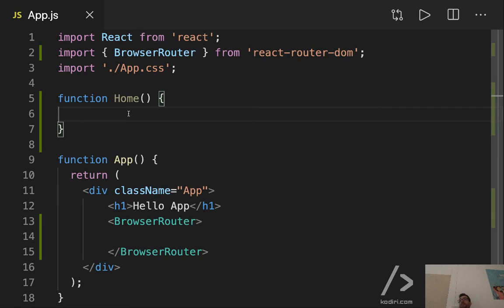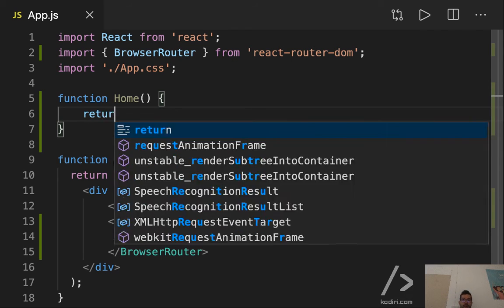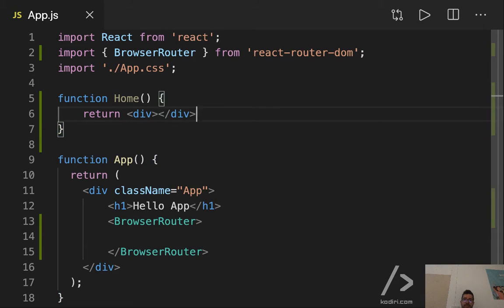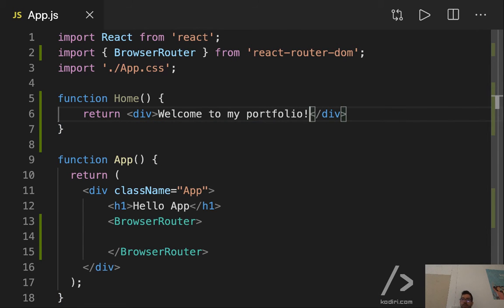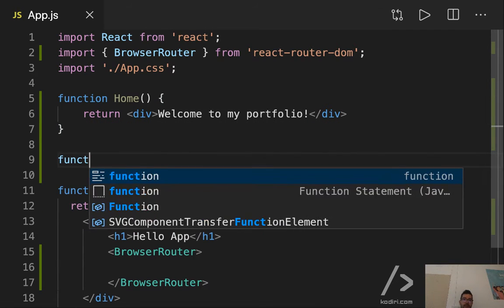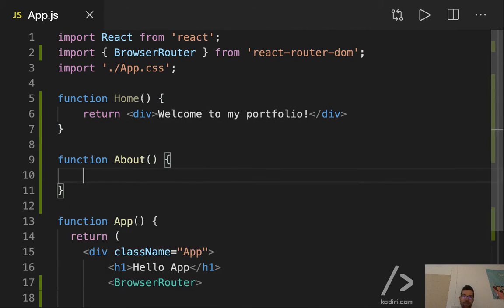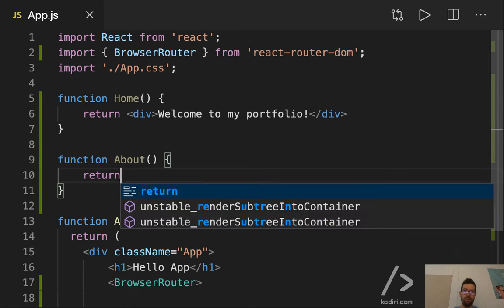But if you remember, back to what we learned last week, you should create a new folder, home, with the file home, with the CSS, all these things. I'm keeping it here just for readability purposes in regards to this example. So the Home component will return a div, welcome to my portfolio, for instance. And likewise, we'll have the About component that will return